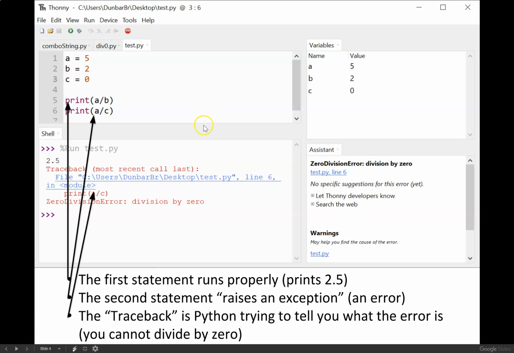Okay, so here's an example of a program that'll cause an error. I've got three variables, A, B, and C. A is 5, B is 2, and C is 0. If I try to print A divided by B, and then I try to print A divided by C, you'll